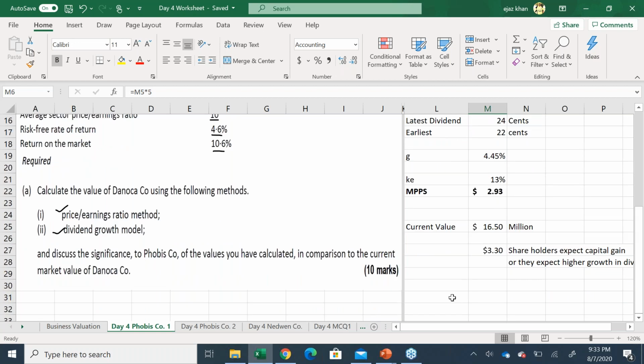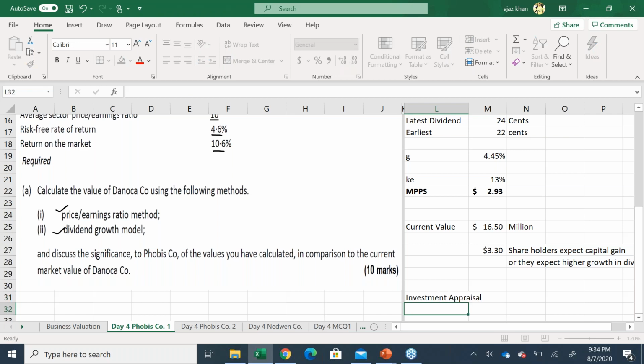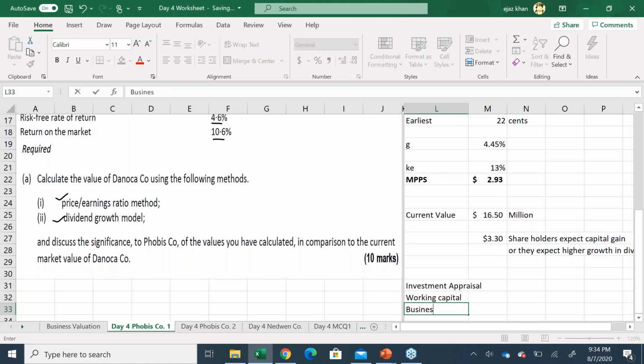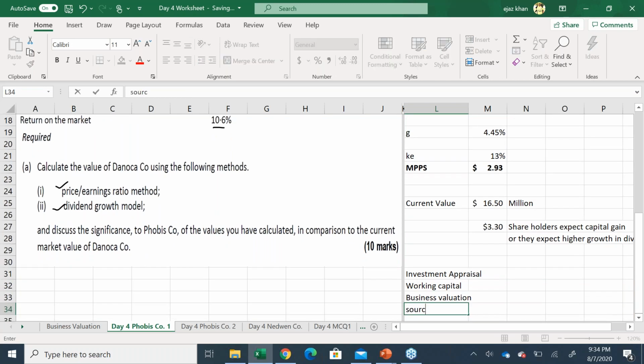Well, in my assessment, investment appraisal, working capital, business valuation, sources of finance. These 4 areas,